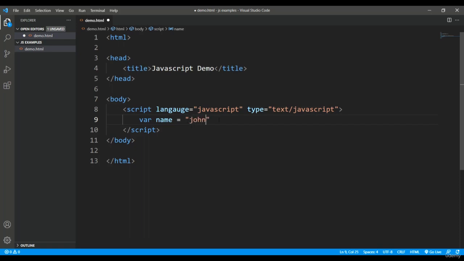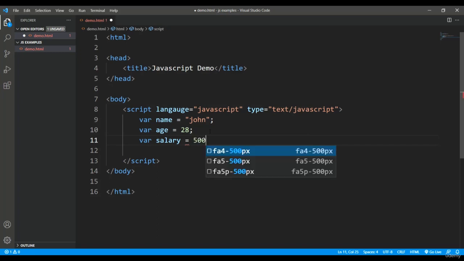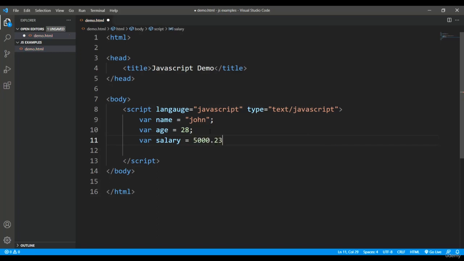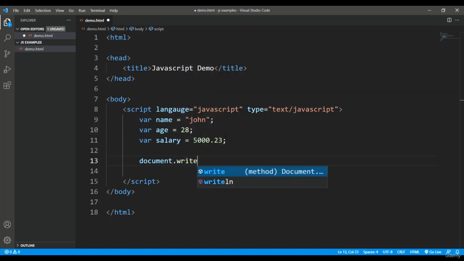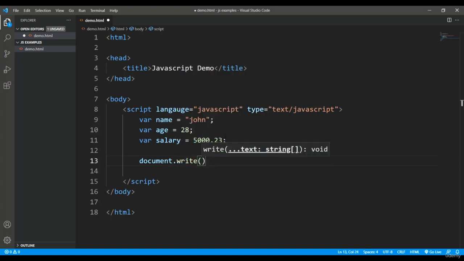Similarly, if I want to assign some other things like age, which is a numeric value, I can do that as well. And similarly you can assign any type of value. For example, if you want to assign some decimal numbers also, you can do that in the very same way like this. And whenever you want to print the data, you will use the same method, that is document.write,